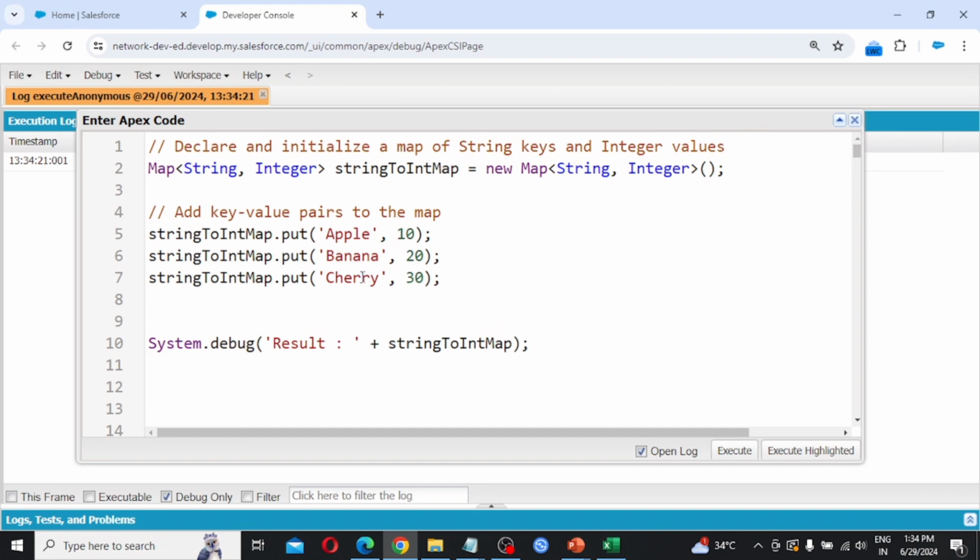So let's see how we have to add a key-value pair in the map. This is the name, stringToIntMap.put, we are using to store the value in the map. In single quotes, for the string value we are providing apple, comma, and for the integer we are directly providing the value 10. Then stringToIntMap.put